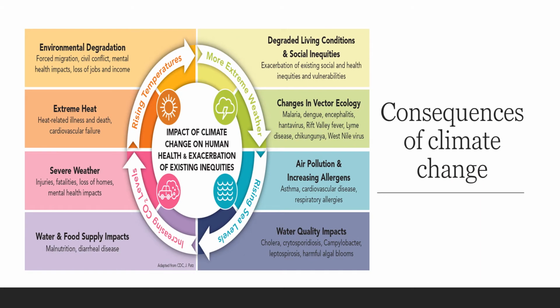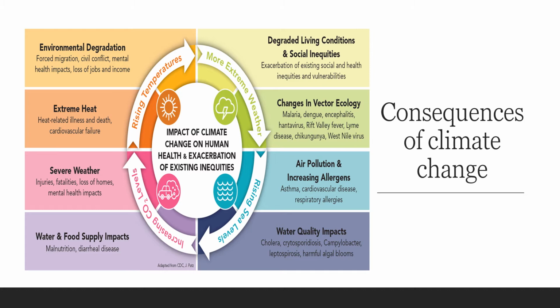Next, we have consequences of climate change. So, you can see in the given diagram here different consequences of climate change. These are important to learn for bio because they have asked the same question in last year's exams. So, consequences of climate change include environmental degradation, which includes forced migration, civil conflict, mental health impact, loss of jobs